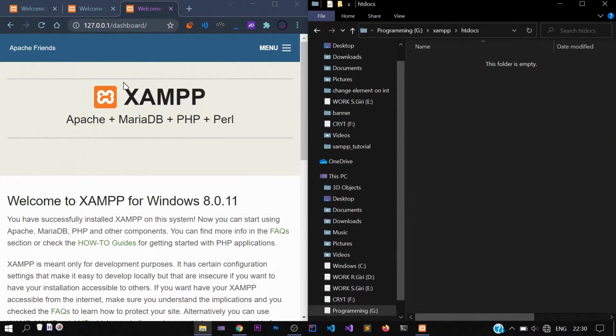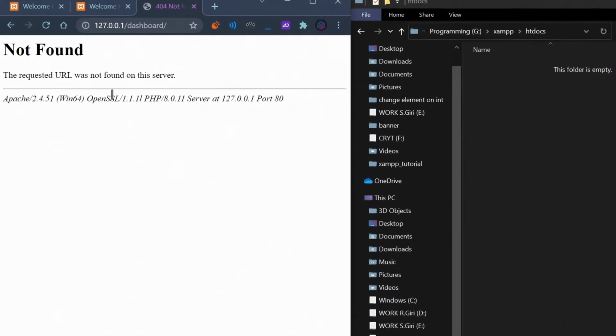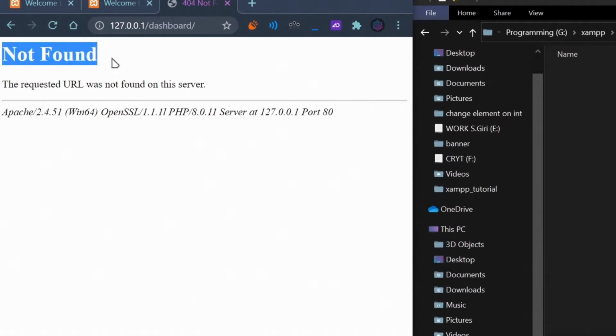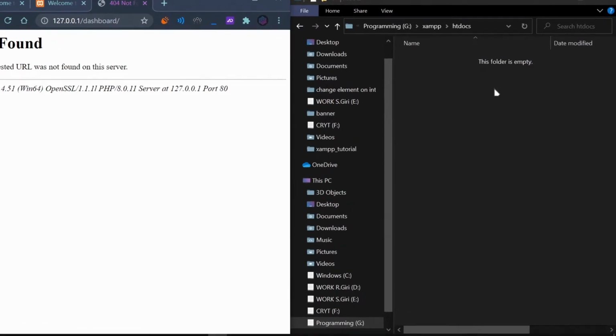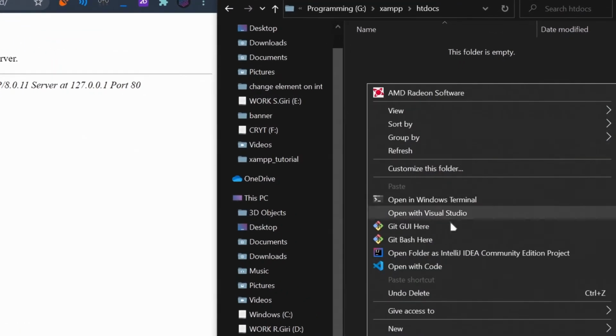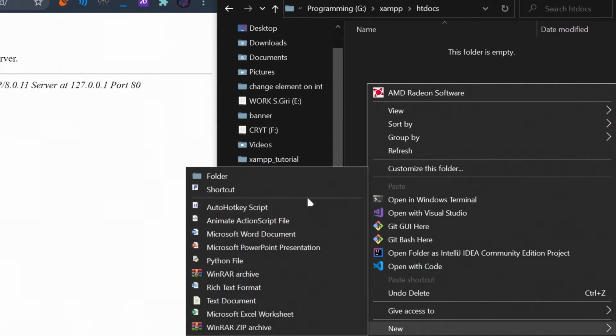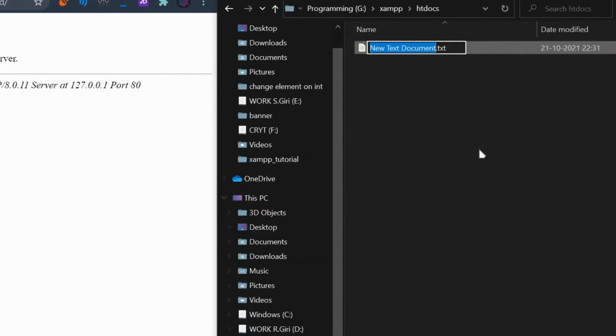If I delete this and reload the localhost server, see, now there is nothing on our localhost. You have to put all the files of your website, like the HTML, PHP, CSS and JavaScript files, here in this htdocs folder in order to run your website on localhost. I do not have such files right now, so let me create a simple index.html file which will run on localhost.